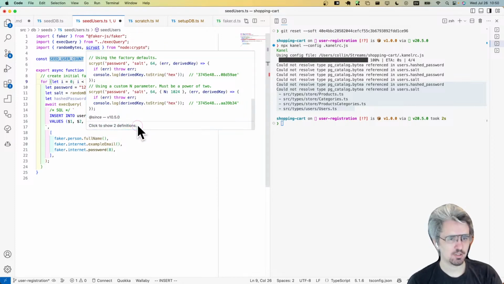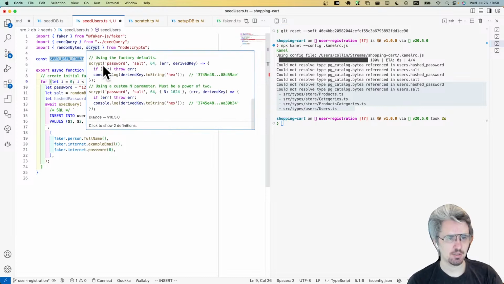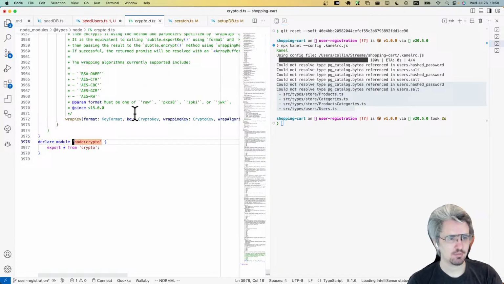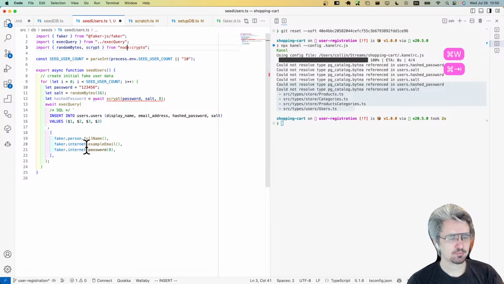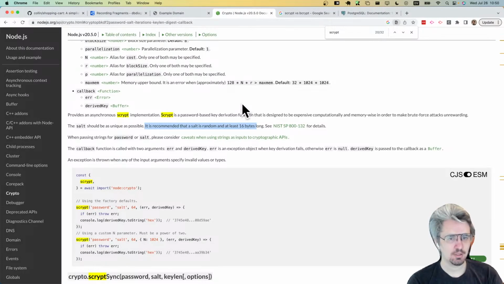Click to show 2 definitions. That's not happening. I'm clicking. I'm not seeing the other definitions. I want to see the other definitions. I'm going to go to